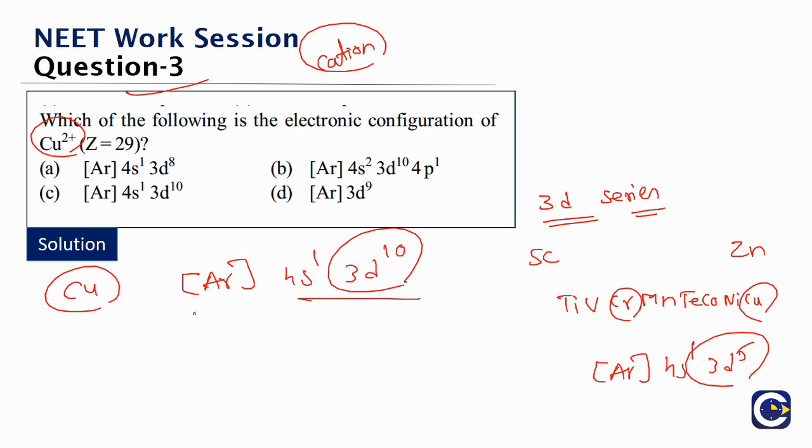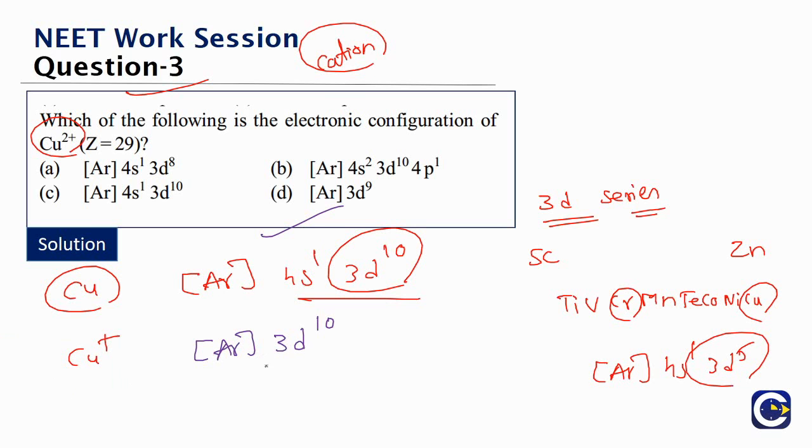Okay, now when we say copper 2 plus, first we should remove one electron to form copper plus. Where will we start removing electrons from? We will be removing electrons from the outermost shell. So here, if you observe, what is the outermost shell? It is the fourth shell, isn't it? So we have to remove the electron. There is only one electron in 4s. We remove it, so it becomes what? Argon 3d10. This is the electronic arrangement of copper plus.